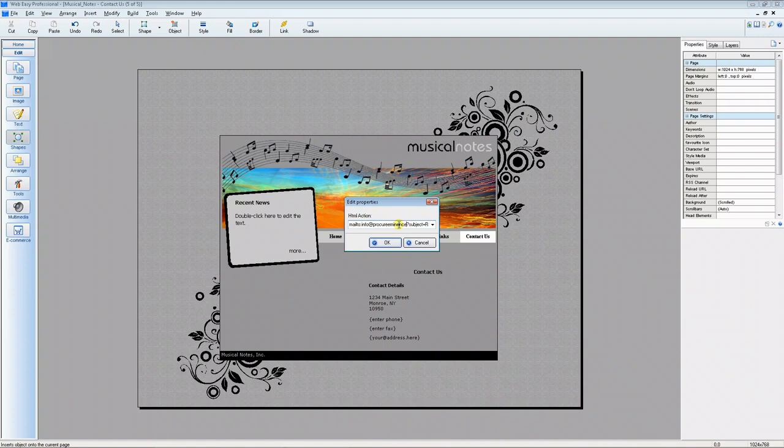Please note, it is very important that we only delete the text mentioned earlier. If we accidentally delete the colon in front of the word your or the question mark after the word here, the form will not be able to submit the viewer's information. After we type in our email address, we can click OK and the form will now be visible on our